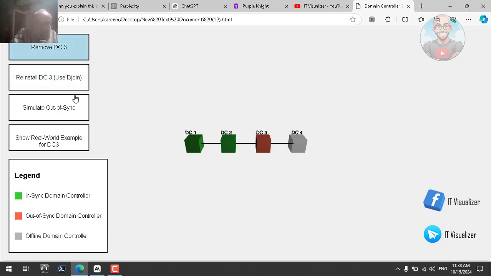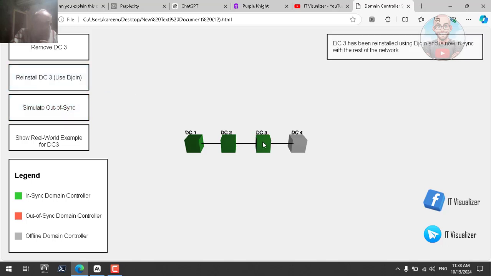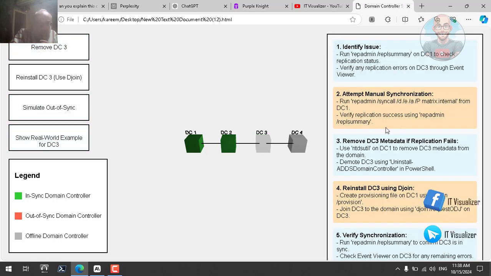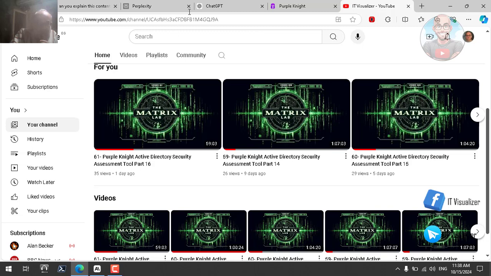For example, here we have one of these domain controllers out of sync, reinstall. Now it is in sync. Remove. This is an interactive way. Show real world example. These are the steps. All of these are created by ChatGPT, but